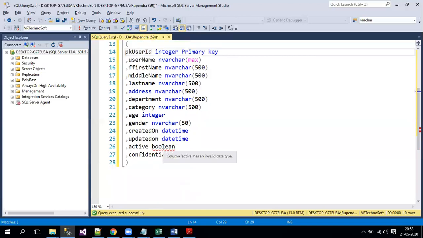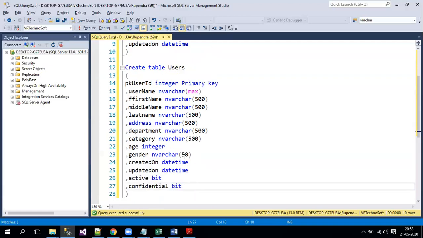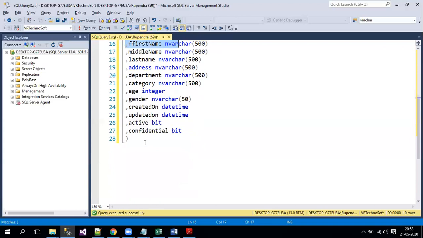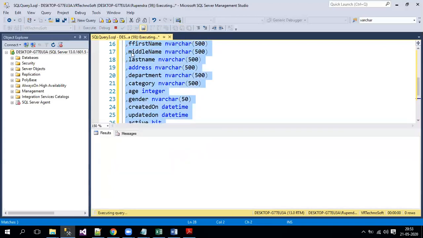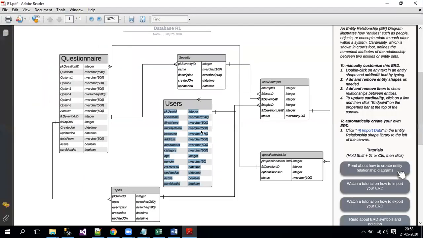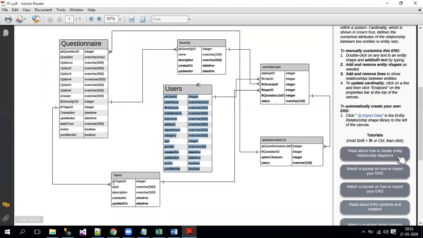Okay, so we don't have a Boolean data type in SQL Server, right? So I'll just mention it as a bit data type. Maybe according to the SSIS, they have defined these data types. So that's fine. So we can just mention it as a bit. Now these are also independent, so it will get created. Yeah. So now I'll go with the other table, that is topics.